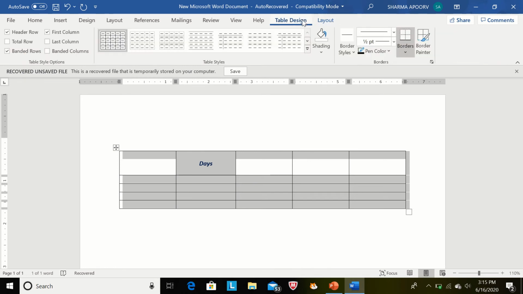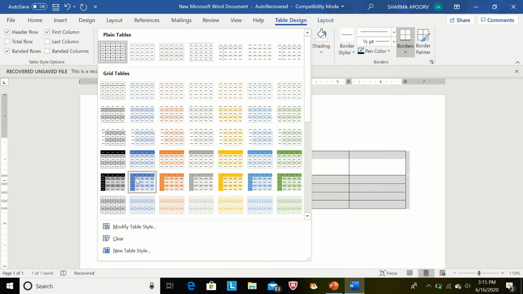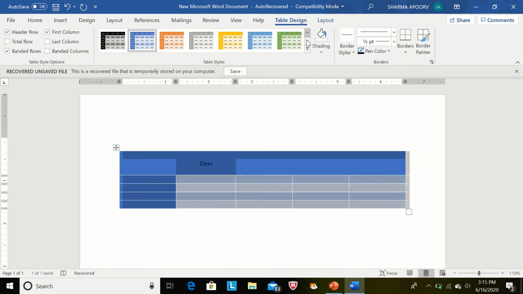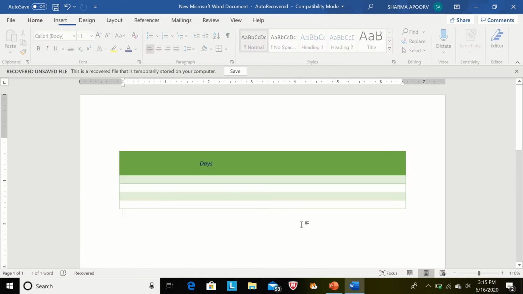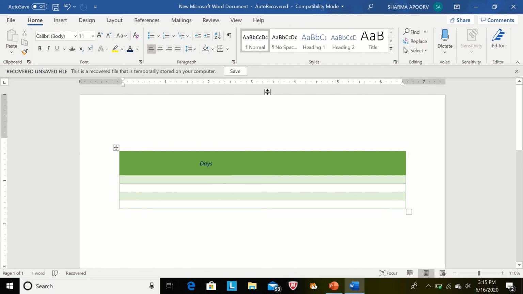Now I am designing my table by using this option. You can design your table like this. You can apply any type of formatting effect to your table. Now I am applying this. So you can apply different types of table formats in your table.